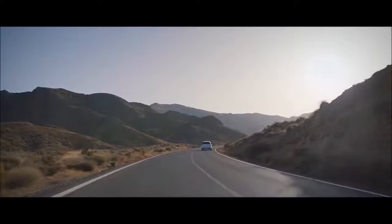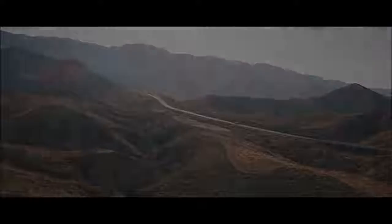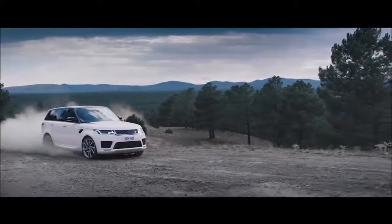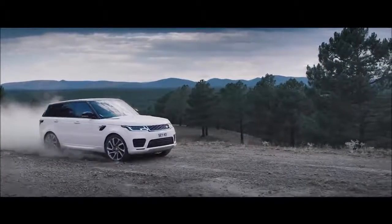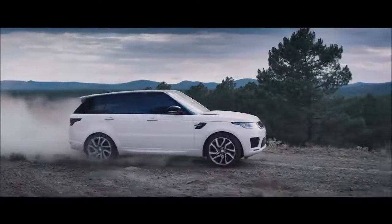The new Range Rover Sport, our most dynamic Range Rover. Now, it looks to the future. The new Range Rover Sport takes on